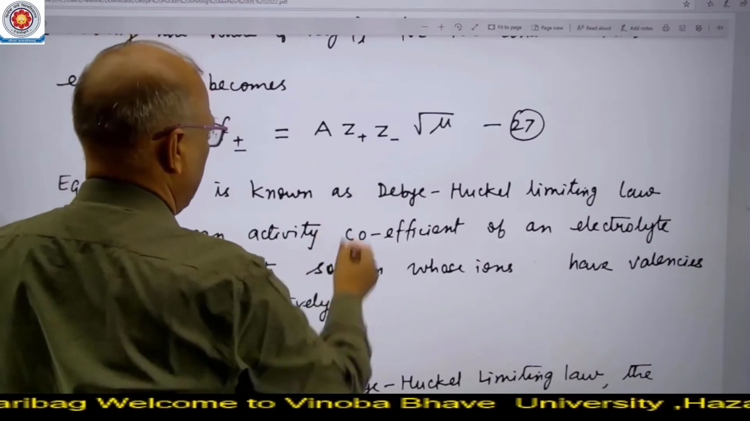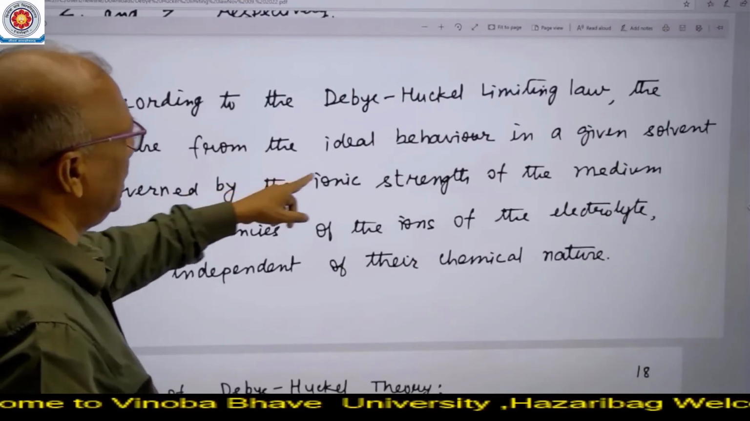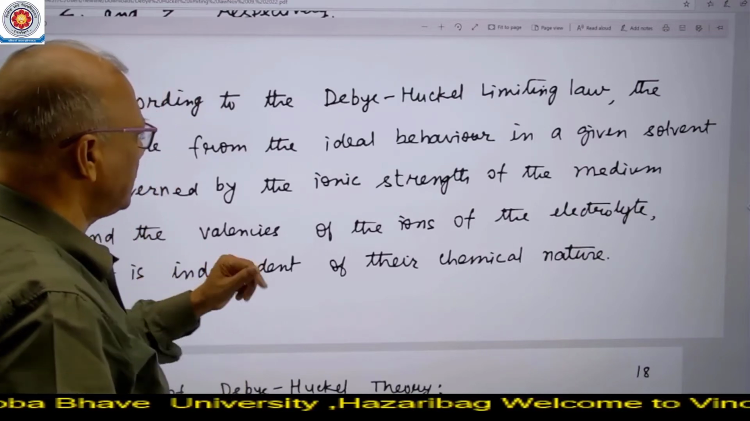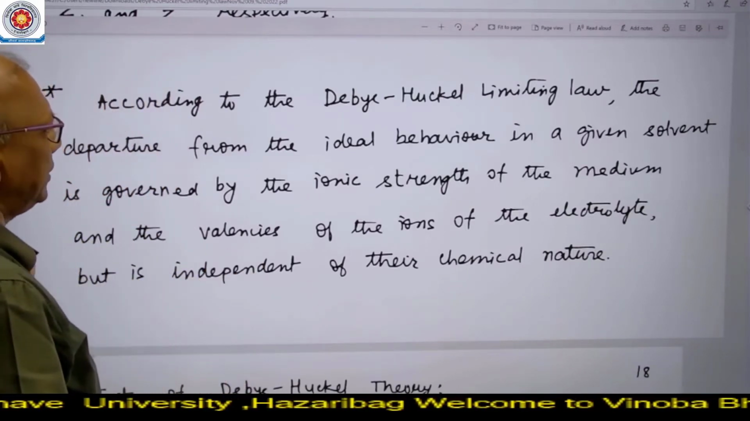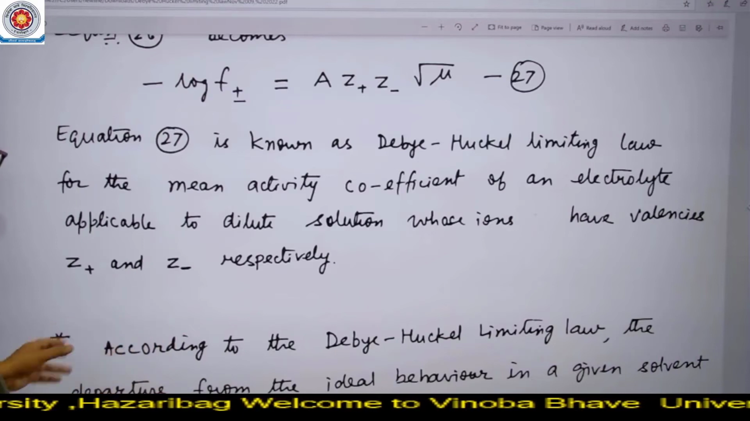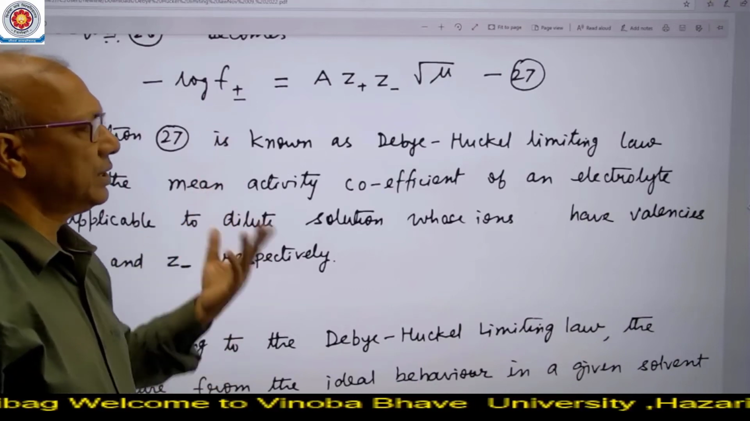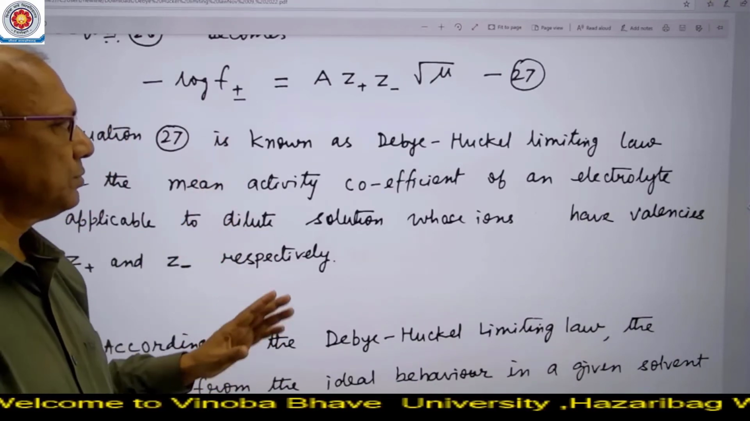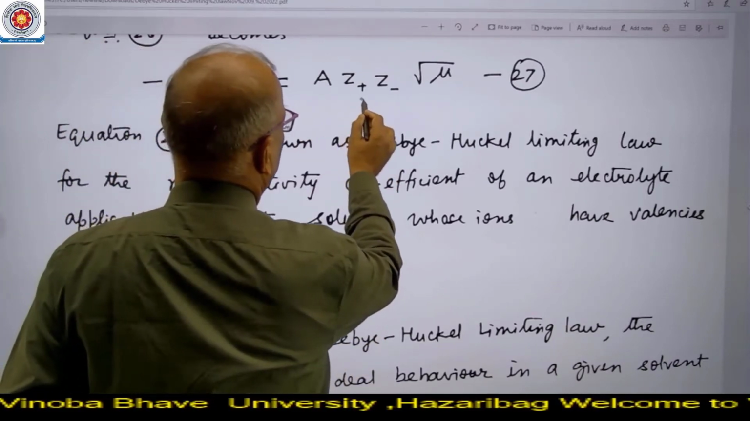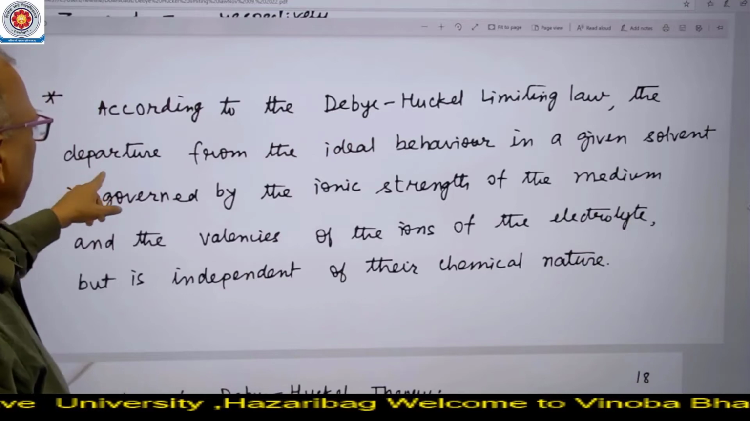कोएफिशिएंट के लिए हम लोग फिर ऐसा इक्वेशन लिखे हुए हैं। According to the Debye Huckel limiting law, the departure from the ideal behavior in a given solvent is governed by the ionic strength of the medium and the valency of the ions of the electrolyte, but is independent of chemical nature। इक्वेशन 27 से ये निष्कर्ष निकल रहा है कि यहाँ पर हम जो इलेक्ट्रोलाइट ले रहे हैं उसका केमिकल नेचर क्या है, उस पर कोई डिपेंडेंस नहीं है, क्योंकि यहाँ उसका कोई टर्म नहीं है। टर्म कौन कौन से हैं, या तो वैलेंसी है या फिर आयनिक स्ट्रेंथ है। इसीलिए ये लिखा गया है कि according to the Debye Huckel limiting law, the departure from the ideal